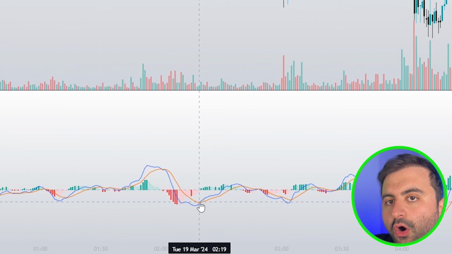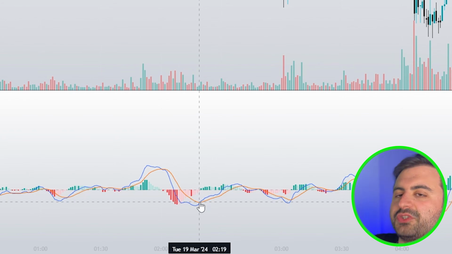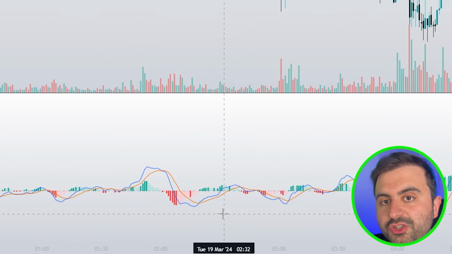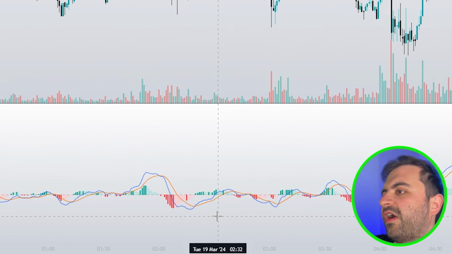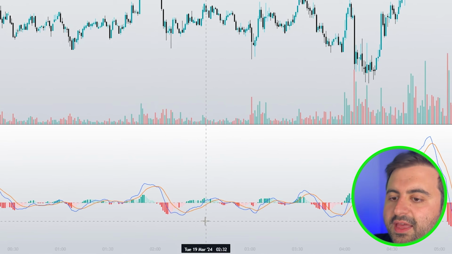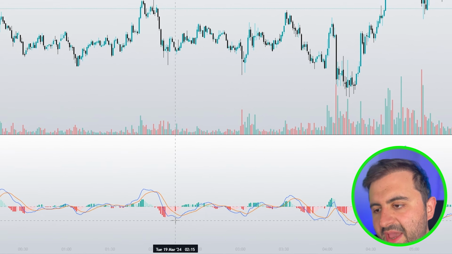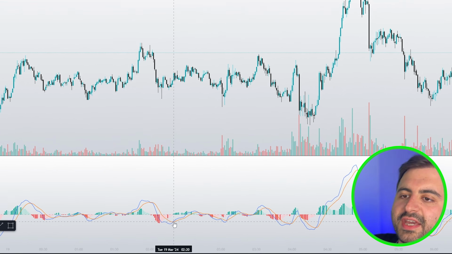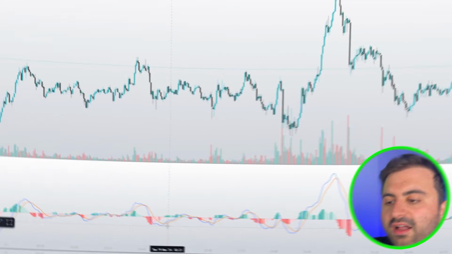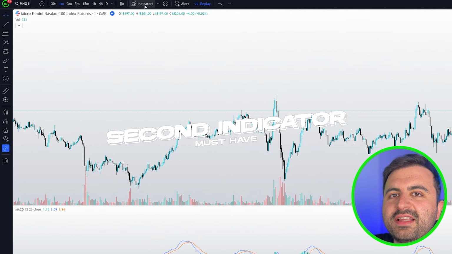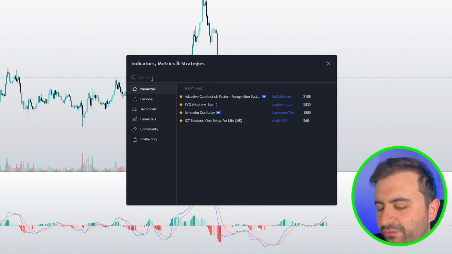So only using MACD can be tricky and can give you very many false signals, especially in the 1 minute time frame, 5 minute time frame, I mean the lower time frames, right? But if you want to level up your MACD trading strategy, you can add more trading indicators to confirm it. What I want to show you is our second must-have indicator, and this is also one of the classics,